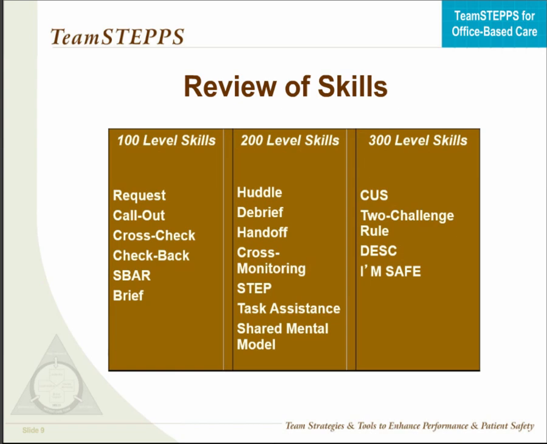And we've broken them down into 100-level skills, 200-level skills, and 300-level skills. And it's just like when you went to college. Your 100-level course you take first, then you move on to the 200 level, and eventually 300 level. If you notice under the 100-level skills, those first 5 tools are individual skills. Those are something you can teach, and people can start using immediately if they're not already. And we focus on using them 100% of the time, not 95% of the time. It has to be 100% of the time.